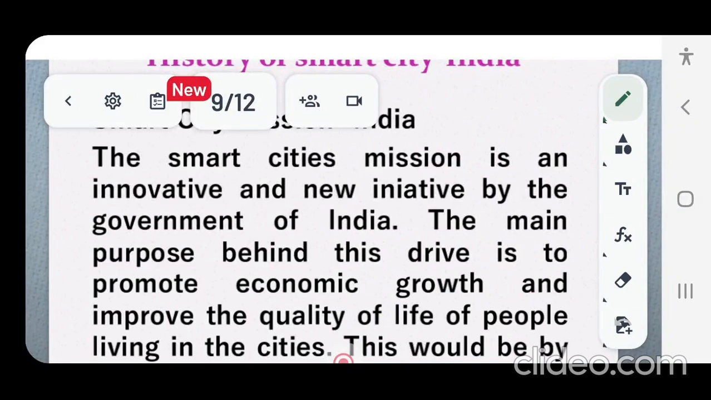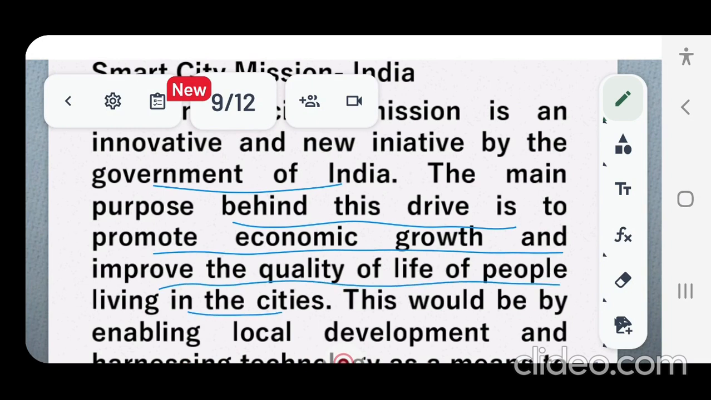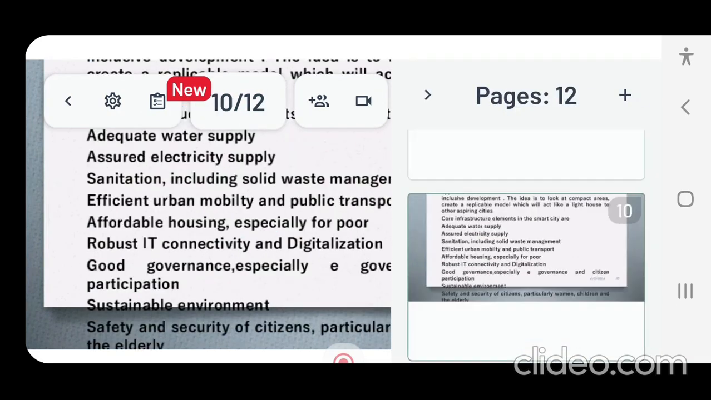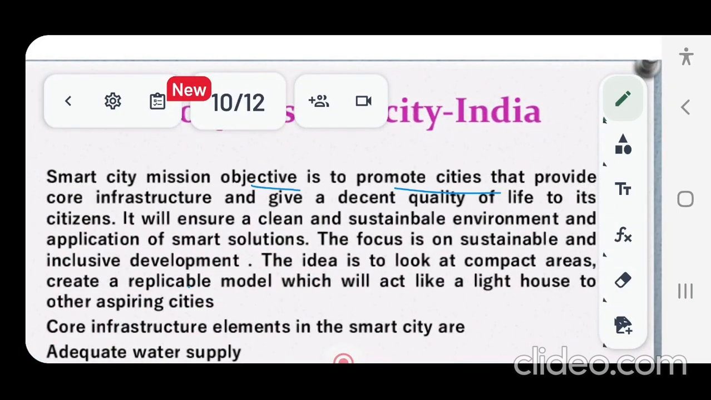Now, it's an initiative that is being launched by Government of India, and the main purpose behind this drive is to promote economic growth and improve the quality of life of the people living in the cities. And this would be by enabling local development and harnessing technology as a means to create smart outcomes for the citizens. The mission objective is to promote cities that provide core infrastructure and give a decent quality of life to its citizens. The idea is to look at compact areas, create a replicable model, and that will act like a lighthouse